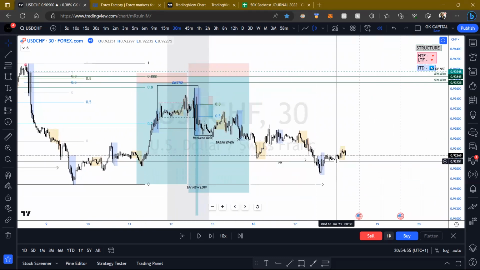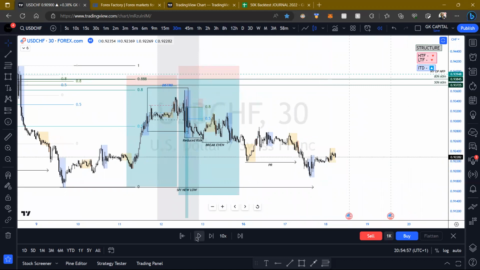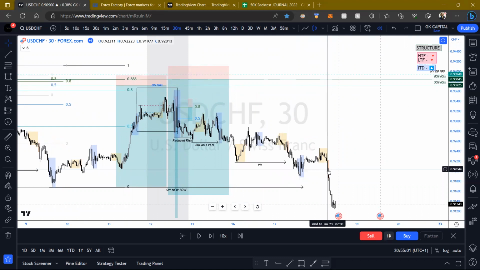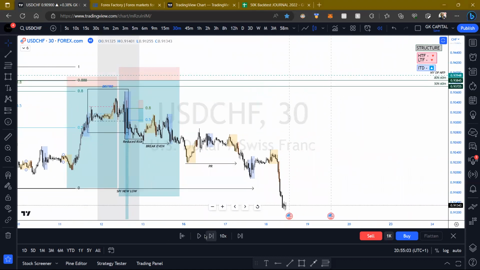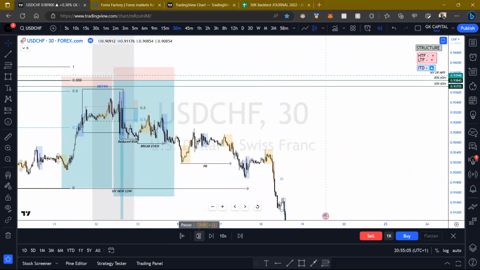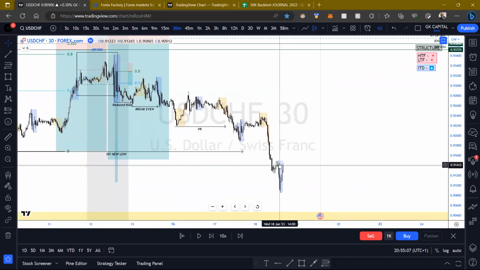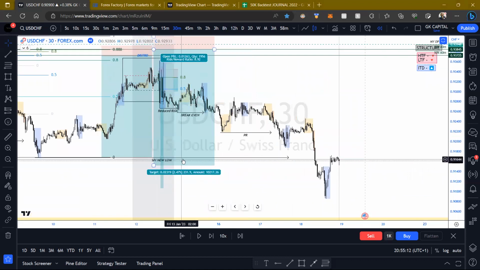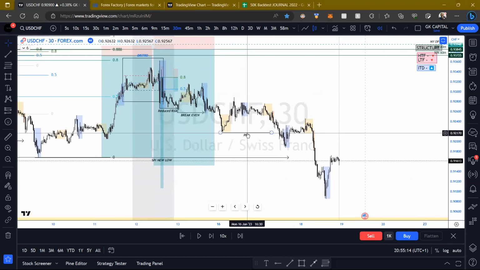So we're coming up to the 18th, there's the Asian session on the 18th. We started to get some bearishness coming in around London, and then there's the news. It didn't really do much. Okay, so this is where we are. We've reduced risk, break even, paid our risk, we've secured profit, and we've closed partial here at 10 to 1.